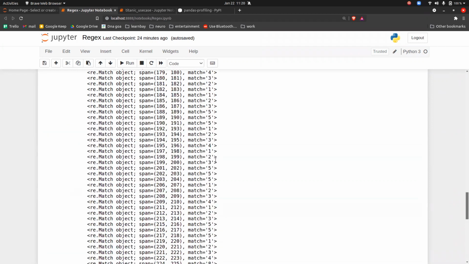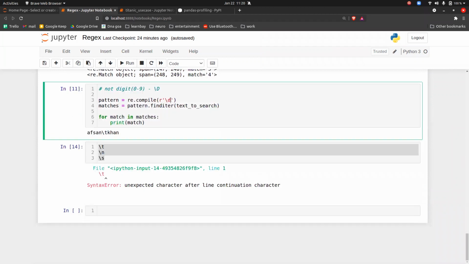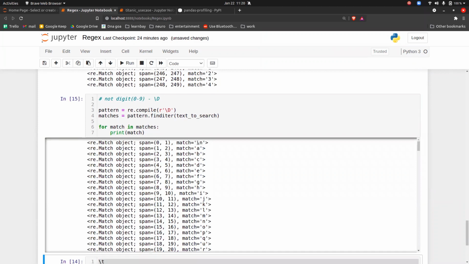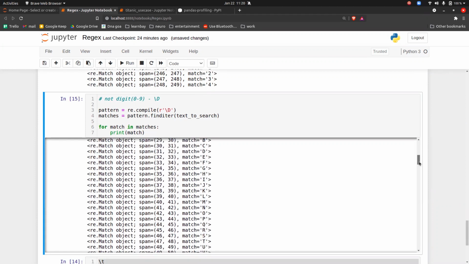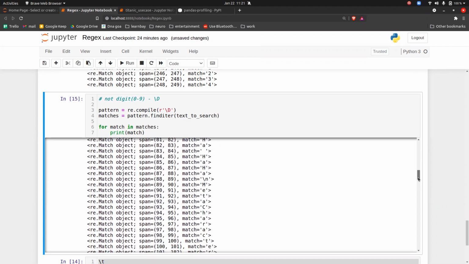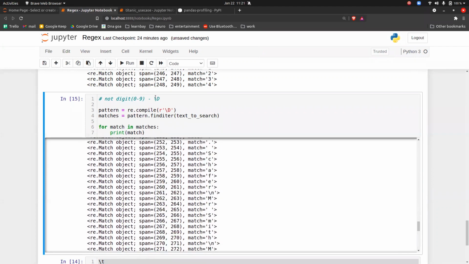Here we extracted all the digits, right? So if I put capital D and execute, now you are getting slash n also. You are getting A, B, C. Basically, you will get everything now, but you will never see a digit here. If you scroll down, you will never see a digit here. So that is what you mean by capital D.